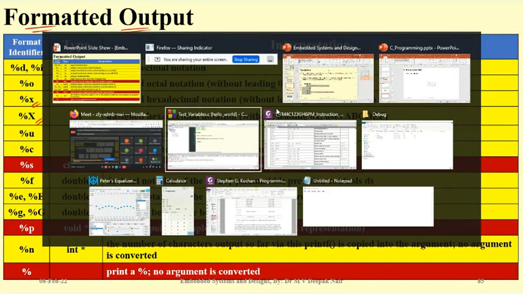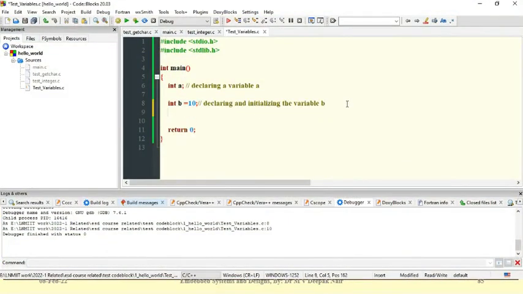For example, in the program we were writing, I can write printf: the value of variable b is %i, backslash n, comma b. Instead of using %i I can use %x also.